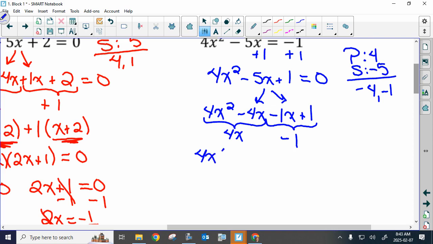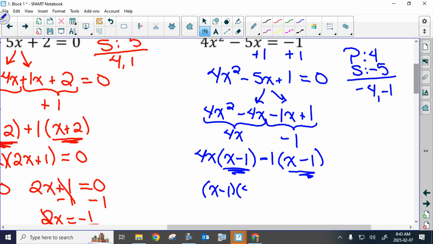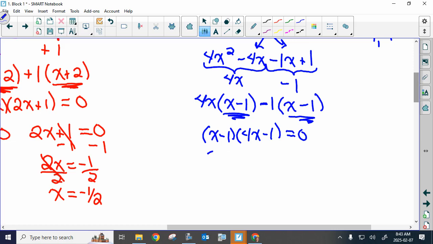Otherwise, my binomial factors are not going to match. I had to take out the -1, making it positive x minus 1. Now this binomial factor, if I hadn't taken out the -1, the binomial factors would have matched, right? And then we can pull out that binomial factor of x minus 1 and 4x minus 1. So that's grade 10 factoring. And then we take it to each linear factor